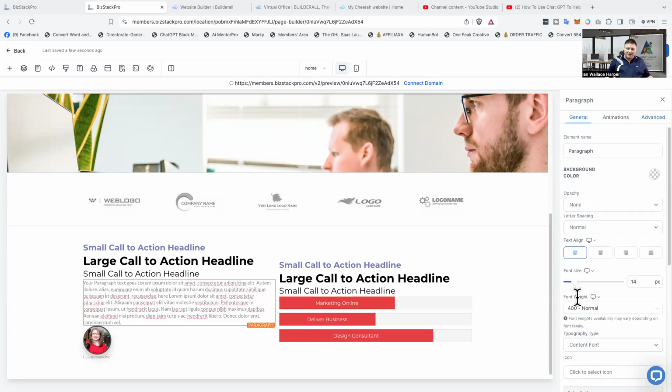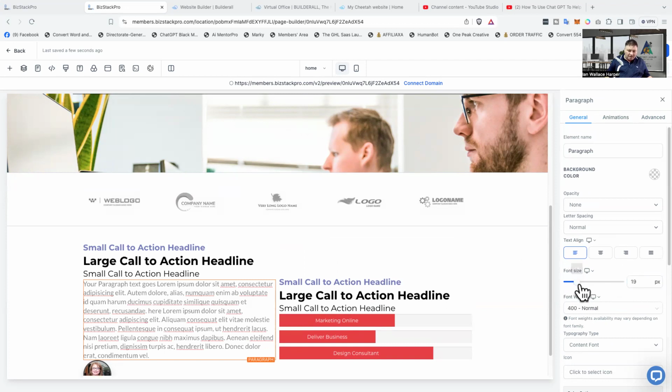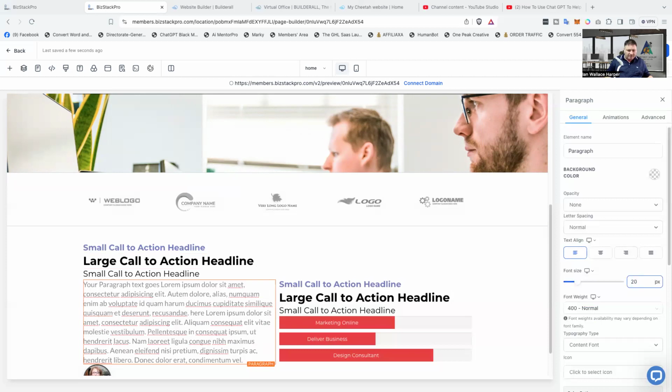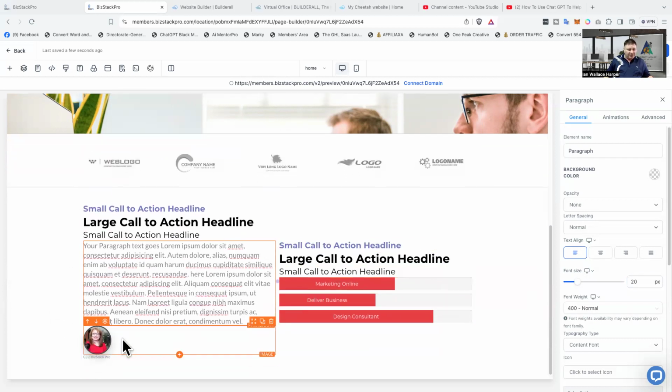I think I'm going to make this a little bit bigger. We've got it at 14 at the moment, so we're going to bring it up to maybe 18, 19, 18, maybe 20. Yeah, let's bring it up to 20. And there we go. Okay, we got some paragraphs in here. That's fine. And then we can move that down